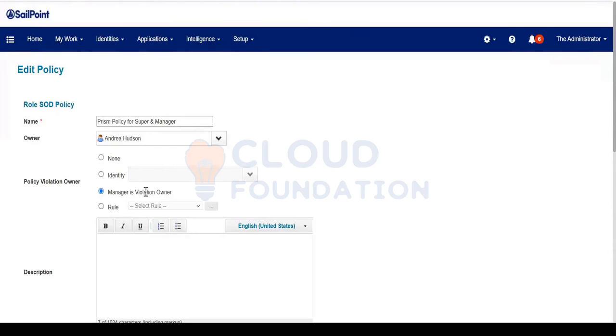Apart from these rules, the user can request directly. There won't be any violation triggered. Only for this Prism Manager, business role and IT role. And the same combination can be from the left side itself. Let's say from the left side itself. It can be any way. There is no restriction or limitation. The combination can be in any way, right and left, or within the left, or within the same.